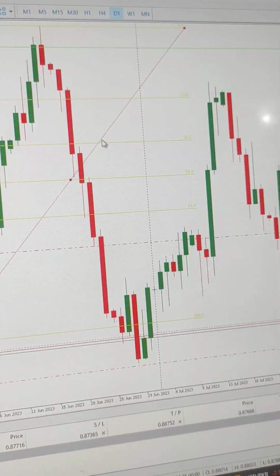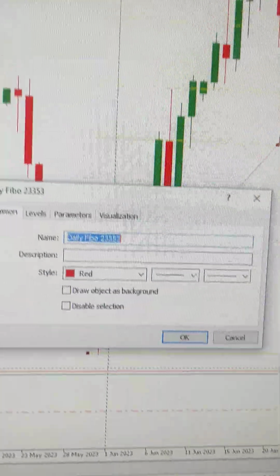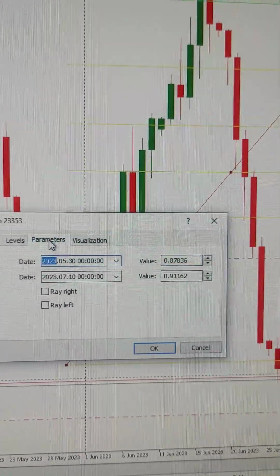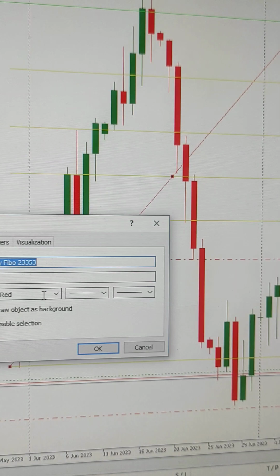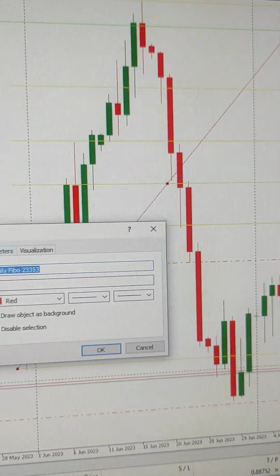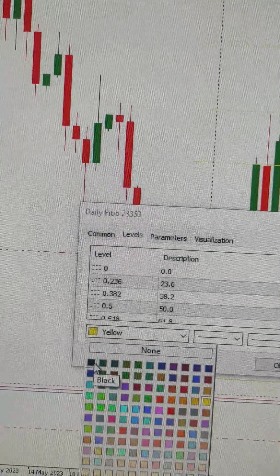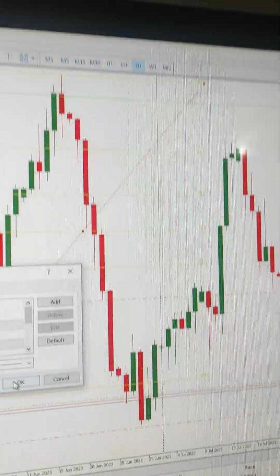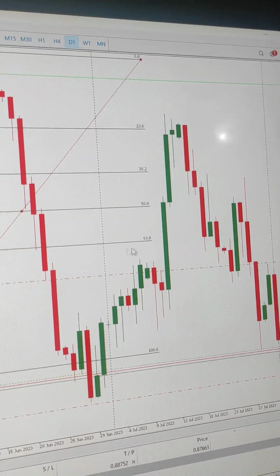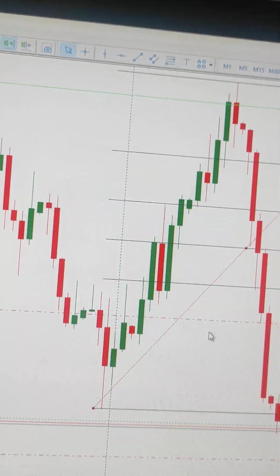You can actually change these figures too, like you change the line. You can right click on it, click on property, and do the settings. Let's say I want, because see it's yellow, it's not that visible, I want it black because it's a white environment. So all I need to do is to come here, this red, let it remain red. But the parameters, I mean the levels, I don't want it yellow, let it be black. Okay? So I click OK, just watch. You see, it has changed to black so that it will be more visible for you to view. Okay? So this is how basically